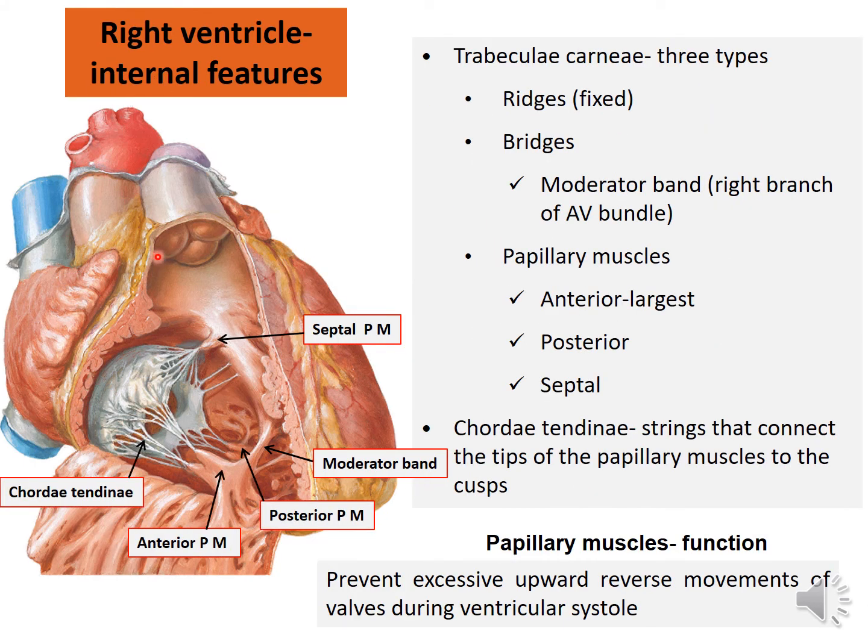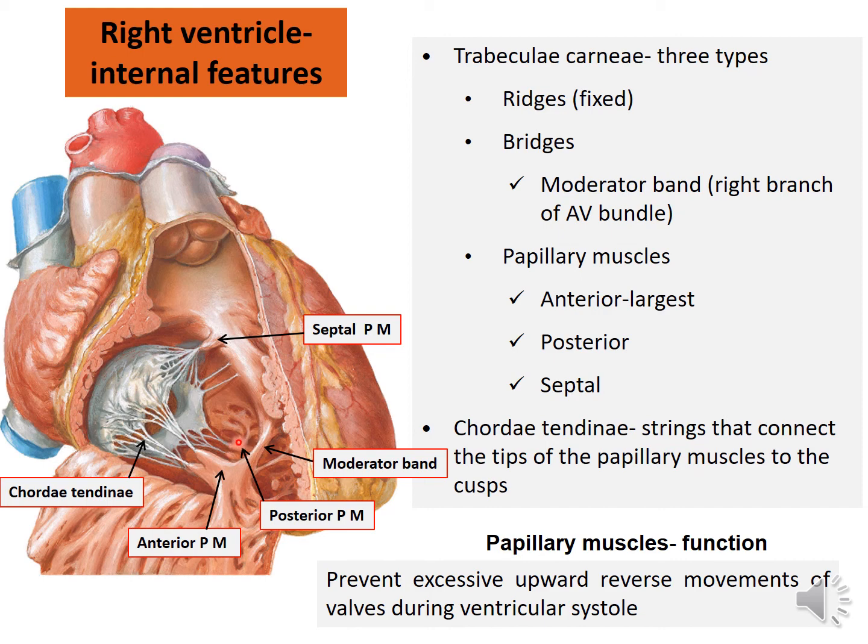We'll continue. The rough part, so this is the rough part. If you see, the cardiac muscle is arranged in the form of ridges, bridges, and papillary muscles. So all these three together called trabeculae corneae. So the rough part of the right ventricle presents trabeculae corneae. What is it? It is the cardiac muscle which is arranged in the form of ridges. What are ridges? These are the linear elevations that you can see here, and then between one wall to another wall